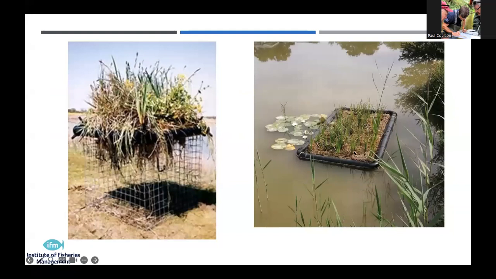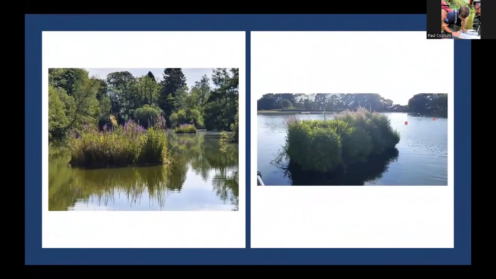This is a little homemade one made out of some drain pipe and some coir matting and some plug plants, just pushed through it. You can buy all of these bits and pieces from DIY shops like B&Q and make your own quite cheaply. A few quid can make you a good number of them, and you can put them into your fishery en masse. Here are some of the best ones that I've seen. The one on the left is from an angling club up in the Lake District, and the one on the right is Ramsbottom Angling in the northwest.